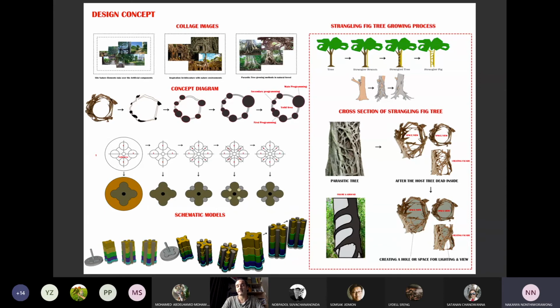The thing I want to say is, you don't need to say that my concept is one tree and I need to represent the tree as it is. You need to understand that the design concept is giving you elements for you to design, but you need to understand how to combine these elements in your design to represent that concept. You understand what I mean? Yes.